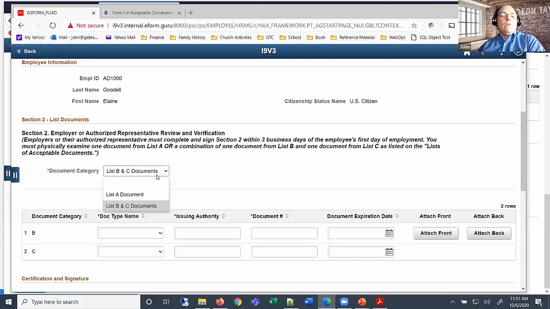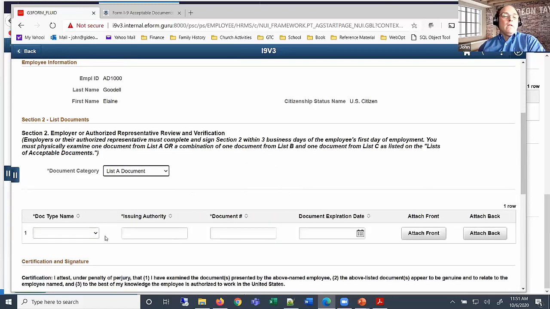We'll go ahead and choose a List A document. One thing to note is that the document types for List A, List B, and List C are going to be limited, just as on the DHS fillable PDF form. They limit it by your citizenship status and whether it's a List A document or a List B and C document. So the only